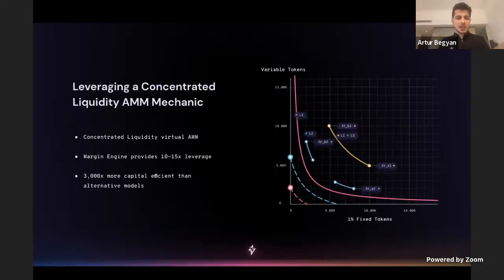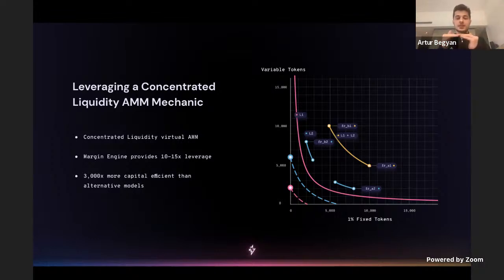So if we want to dive a little deeper into the mechanics of the protocol, I would love to explain the idea of concentrated liquidity, which we have borrowed from Uniswap v3 in order to make the protocol around 3,000 times more capital efficient than alternative models that can produce fixed rates of return. So if you think about Voltz, you can imagine a grid, a 2-axis AMM, where